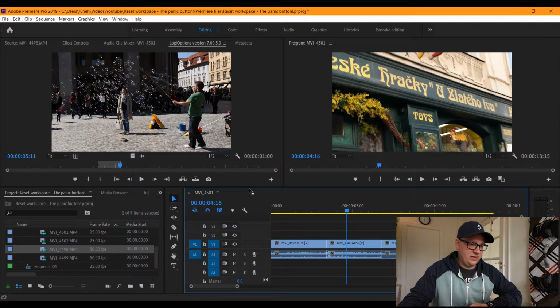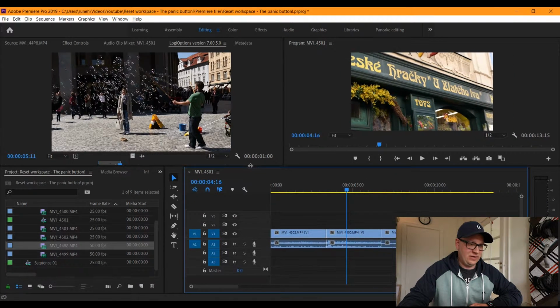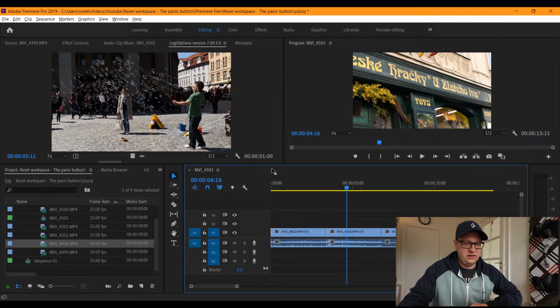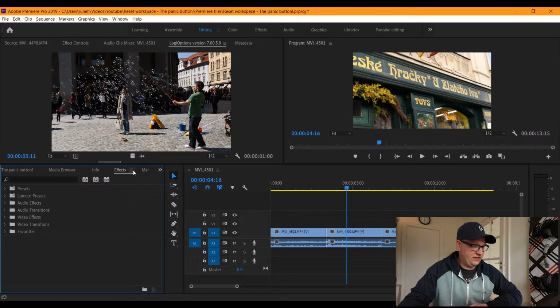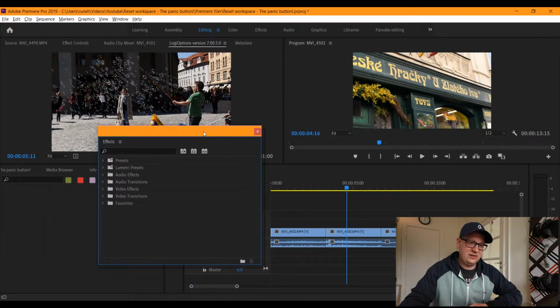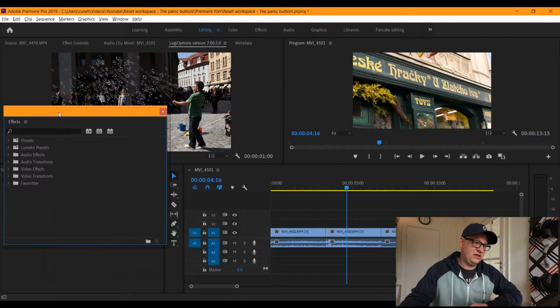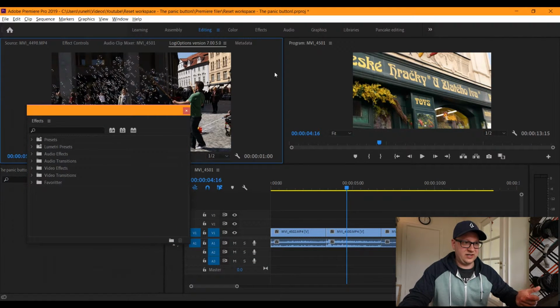But I would really like this to be a bit bigger, so I can drag this across. Instead of having the effects as a tab, I'd like it as an undocked panel, which I can throw on another monitor or stuff like that.